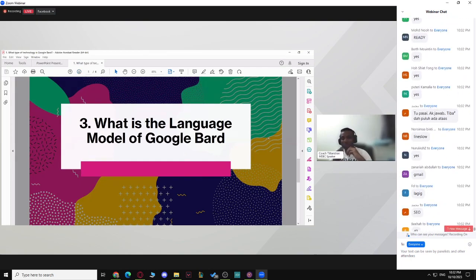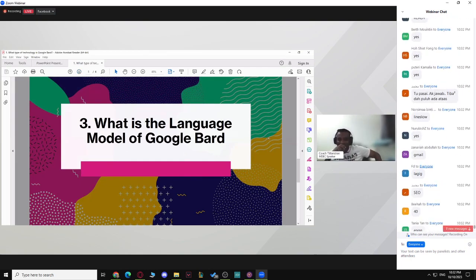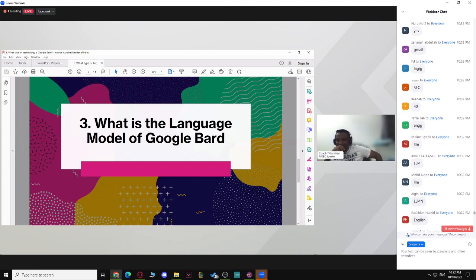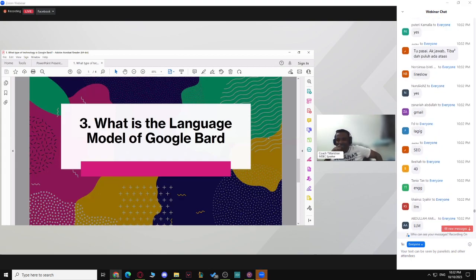What's the language model of Google Bot? Look, guys, the question is: what's the language model of Google Bot? You haven't gotten the answer yet. Actually, whatever answer you guys are putting is not correct.